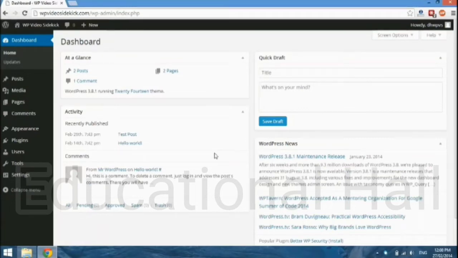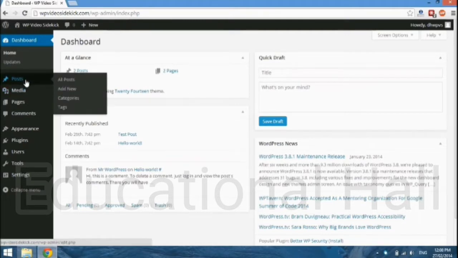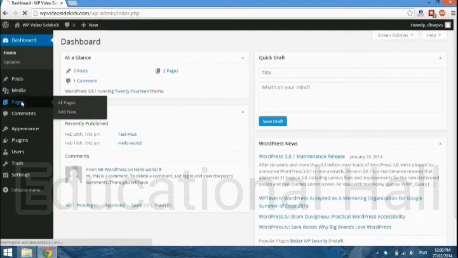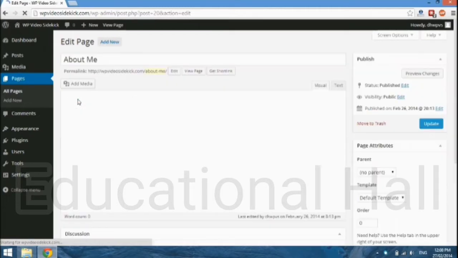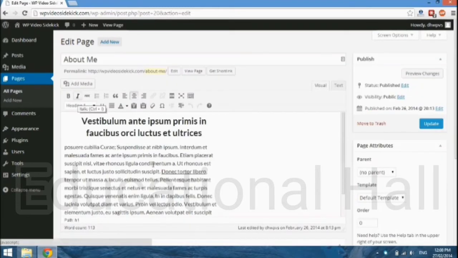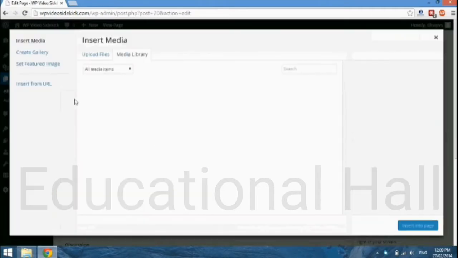Okay, so now that we're more familiar with the media library, we can go ahead and add an image to our posts or pages. As I mentioned, I wanted to add the image to my About Me page. So if I just go back to Pages, select Edit Page, and then I'm going to select the area where I want to put the image. So I'll put my cursor right before the P, and I go to Add Media, and we do have a